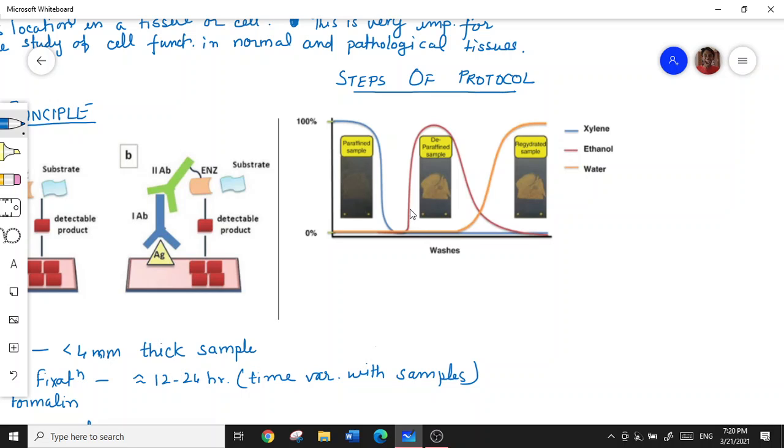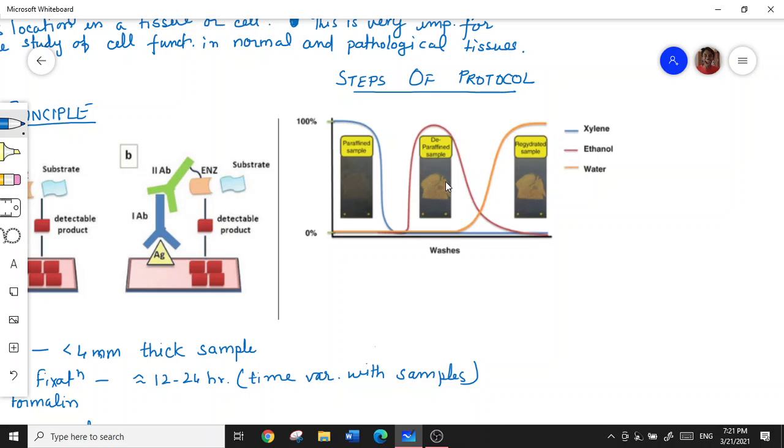In ethanol the paraffin is removed, and then we can clearly see the section, but